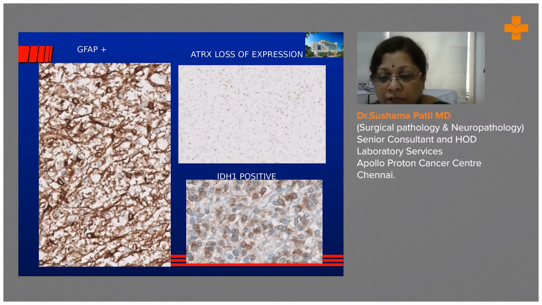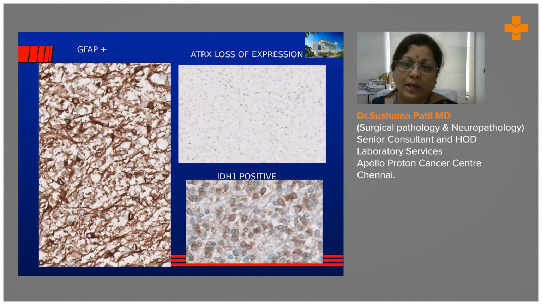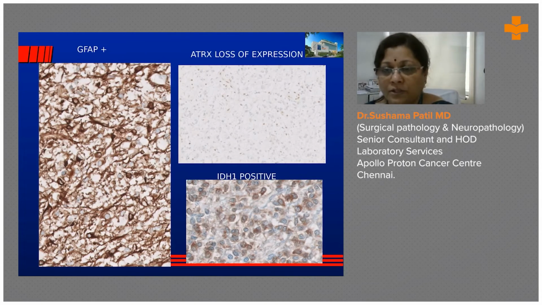All IDH-positive astrocytomas, typically 9 out of 10 times, show loss of ATRX expression, because that is how the tumors arise. They use this ATRX pathway, and there is loss of expression either by mutation or loss of function of the gene. So when IDH comes positive, ATRX is lost, GFAP positive, and one more marker we most often see is